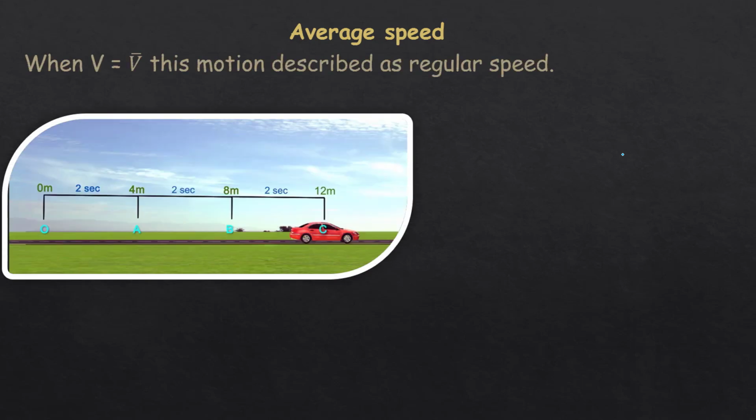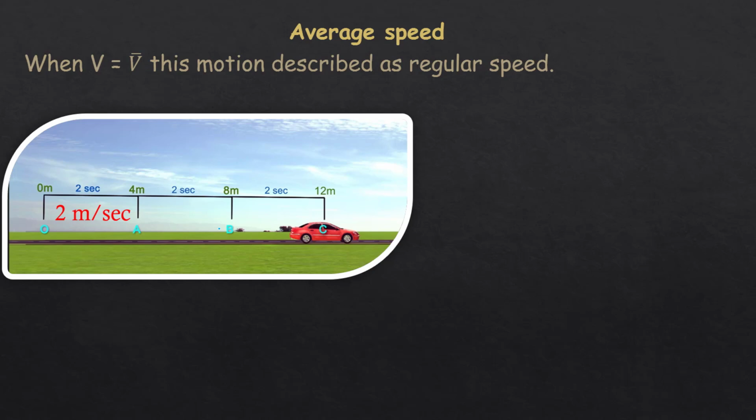Now there is a note here. When the speed equals the average speed, this motion is described as regular speed, because in this example the car moved with a regular speed. We knew it before. So let's calculate the speed between each 2 points to know. So the speed from O to A is 4 meters over 2 seconds, it will be 2 meters per second,